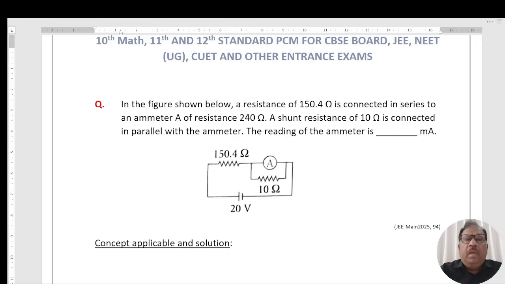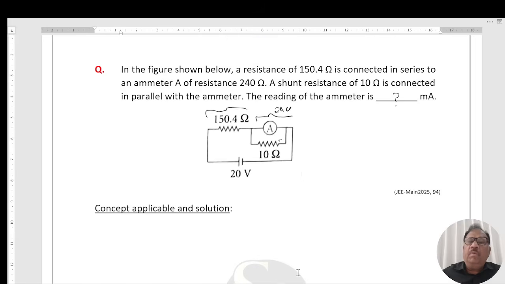Question is, in the figure shown below, a resistance of 150.4 ohm is connected in series to a meter of resistance 240 ohm. A shunt of resistance 10 ohm is connected in parallel with the meter. The reading of the meter will be equal to